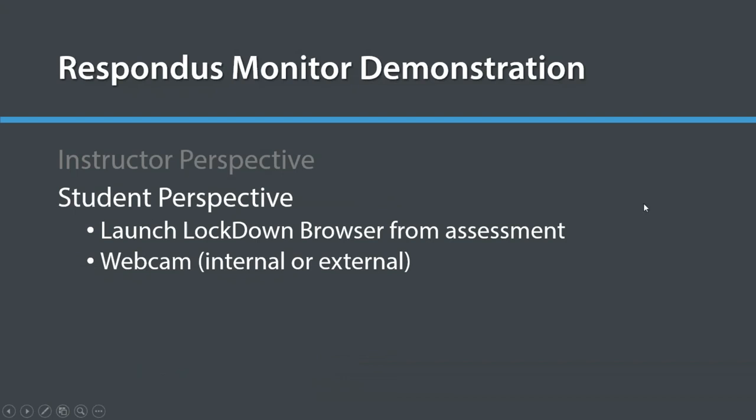What I'm going to do now is switch gears a little bit and show you what this all looks like from the student's perspective. Now, it's going to seem a little familiar because we just did this. We just showed you how to take a test in Lockdown Browser. Respondus Monitor takes Lockdown Browser and adds that webcam. So the student still needs to launch Lockdown Browser from the ALEKS course. They need to install it if they've never done that before, and then they just need to make sure that